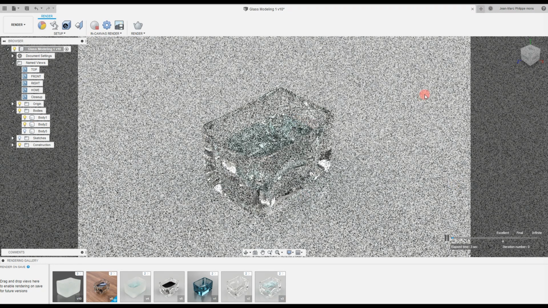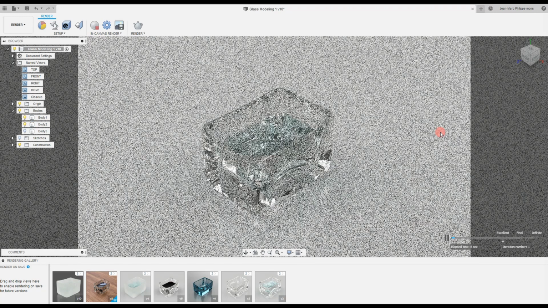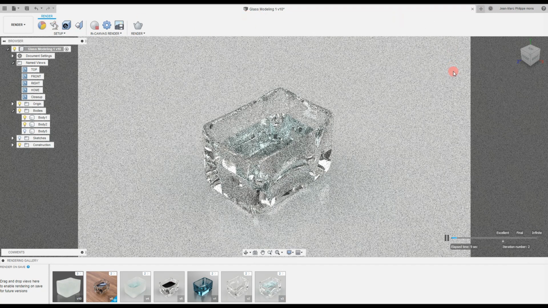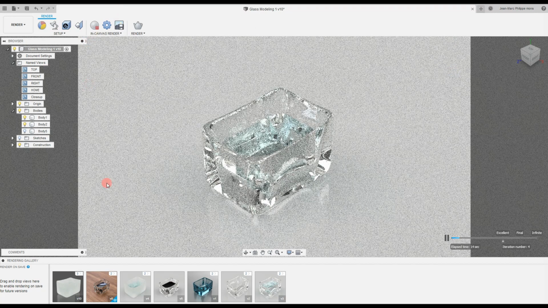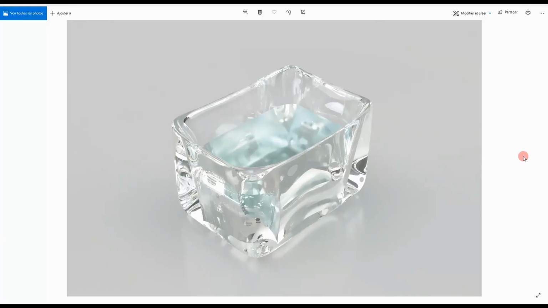You see, it's clear glass with some water that I render bluish by reducing the distance the light travels through the material, the absorption distance. And this is the one in high resolution. So for the object that represents the water, I did a quick combine and cut with the glass. It's not ideal to get a proper fit, but this is just for demonstration purposes. Okay, next,